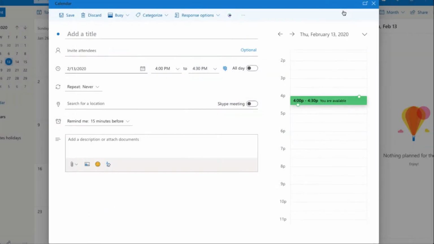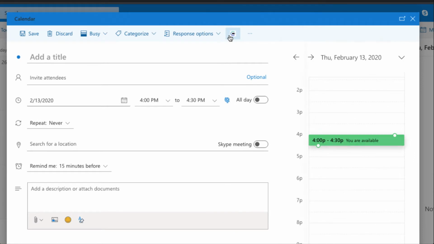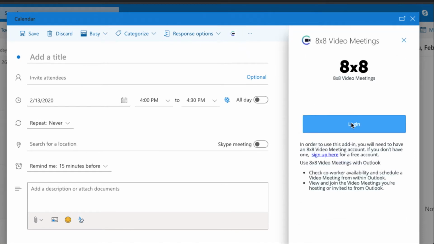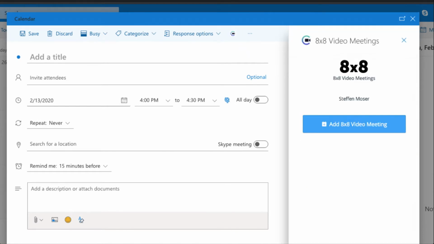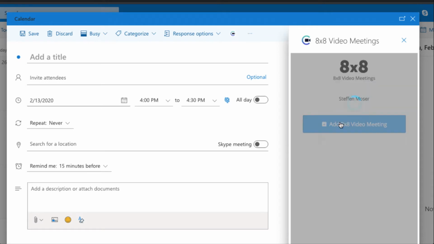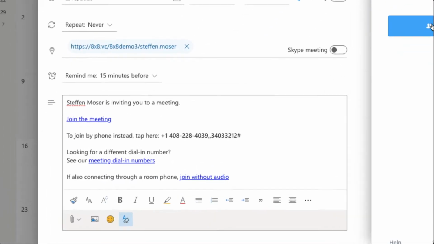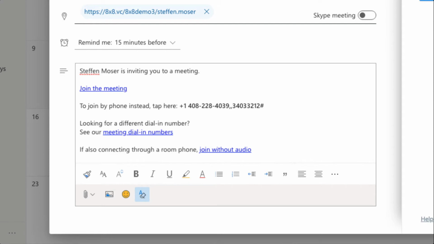Click on the 8x8 Video Meetings icon. You'll be prompted to log in to your 8x8 Video Meetings account. Once logged in, click on Add 8x8 Video Meeting. Your video meeting details will now include a link to join your virtual meeting and a dial-in number if calling